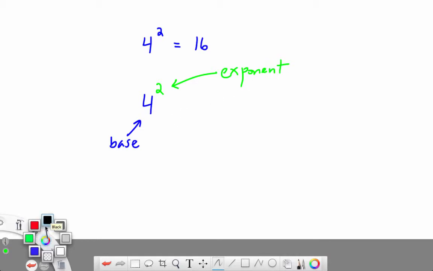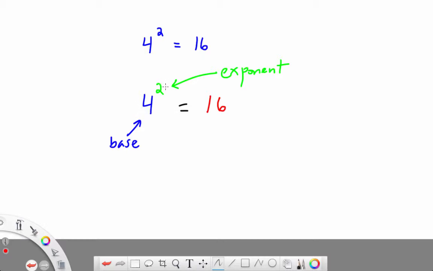And then the other side, we're not going to assign a name, but we know it equals 16. So we have three components here: the base, the exponent, and the other side, which is what the base raised